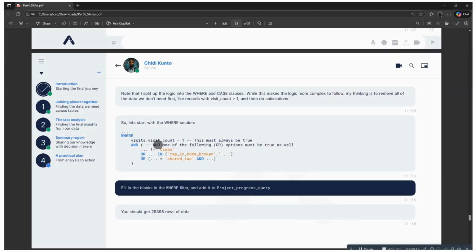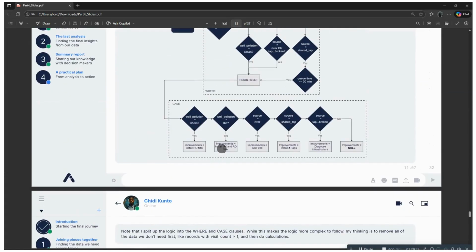And one of the following or options must be true as well. So contamination is not equal to clean, or it's either tap in home, or I believe it's supposed to be river because they said here,